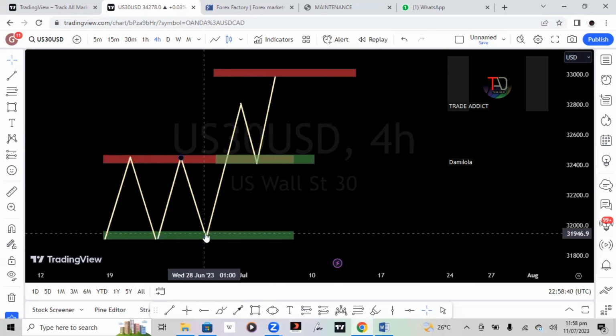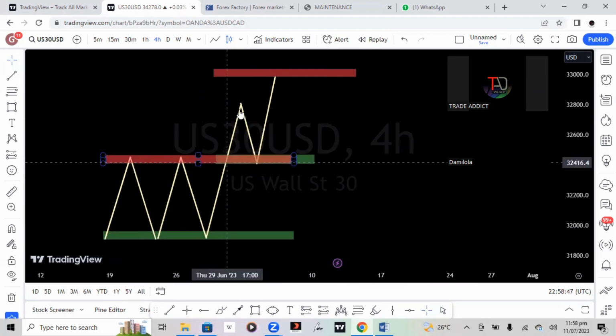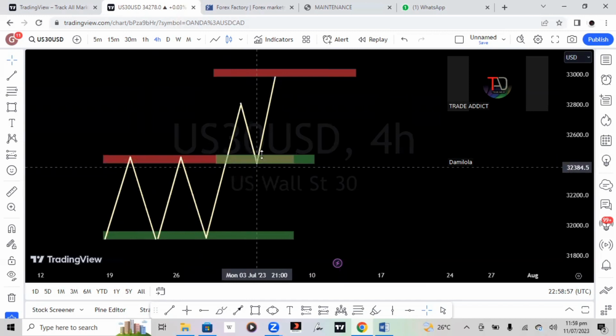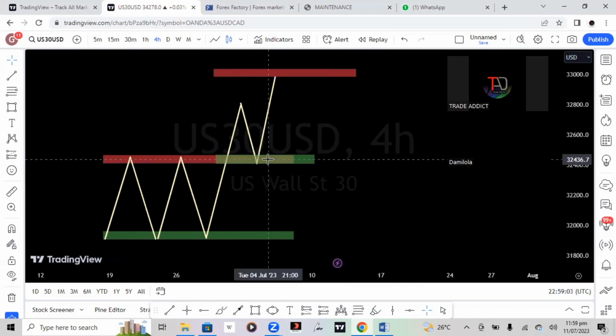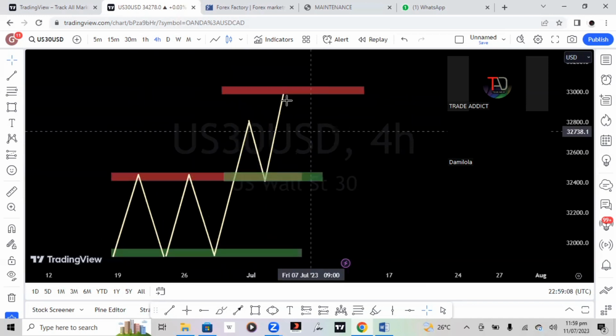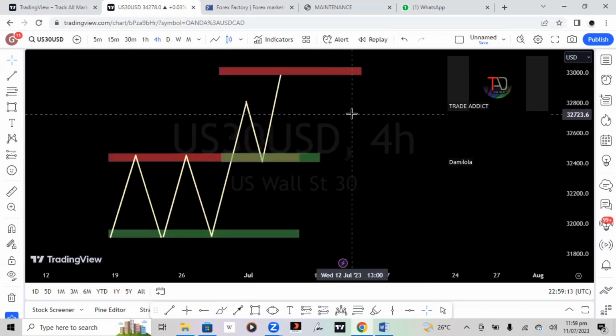So immediately price breaks out of this level right here, which was previously called our resistance, and price came back to test this level that was previously acting as our resistance, and now price started creating a buying opportunity, and price buys off. So this level will no longer be called our resistance. It will now be called what? Our support, because price has already broken out and it came back to test. So meanwhile, our new acting resistance will be above it. So that is how support and resistance, breakout and retest strategy works.